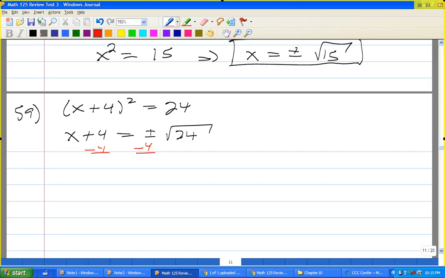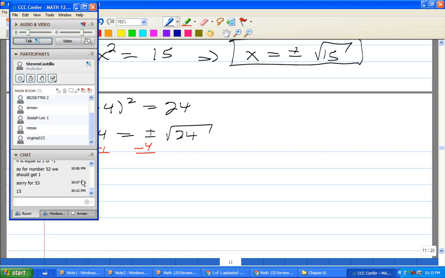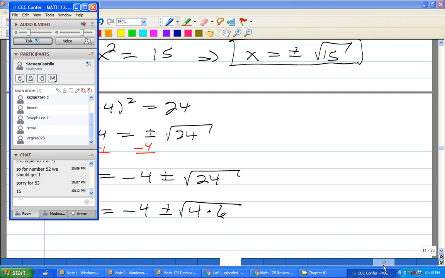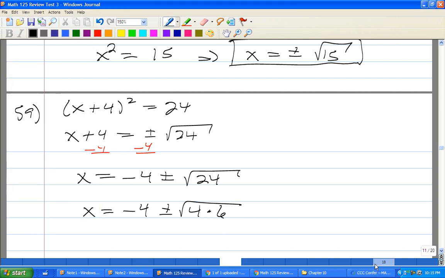And so x is equal to negative 4 plus or minus radical 24. I can actually write 24 as 4 times 6. Okay. And so this is equal to,